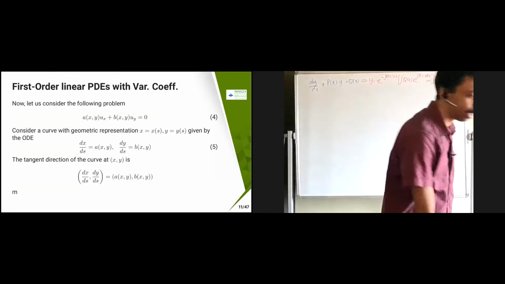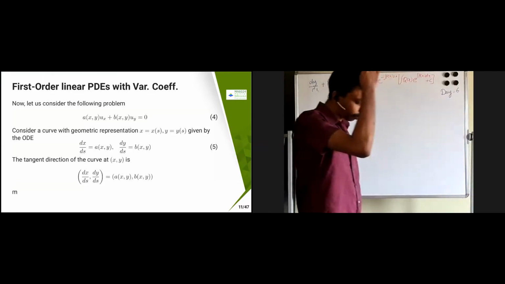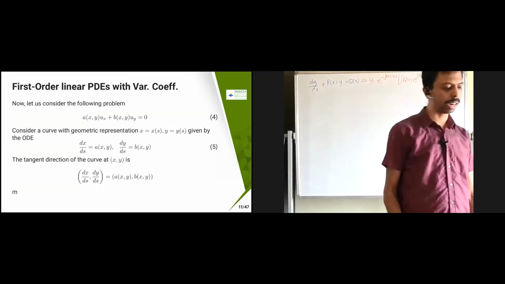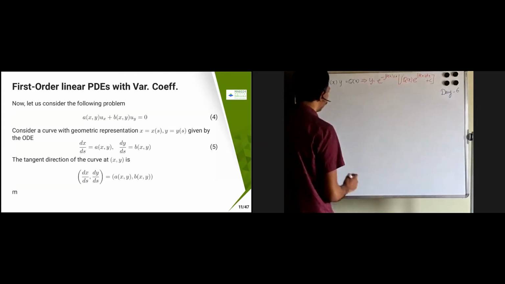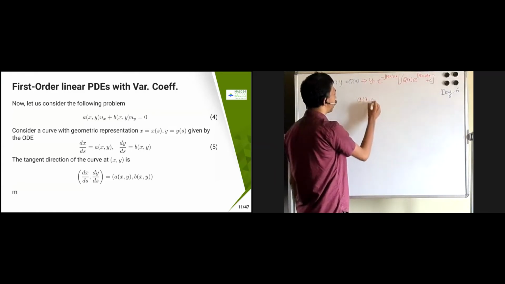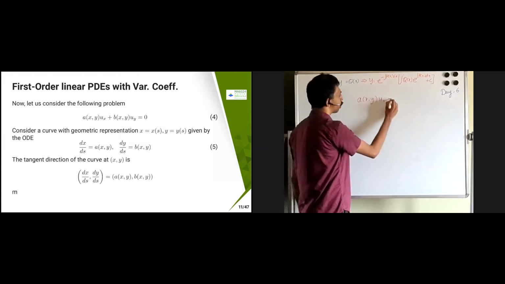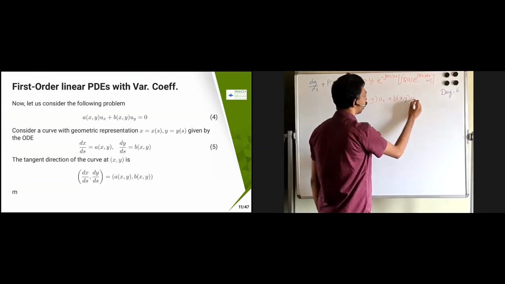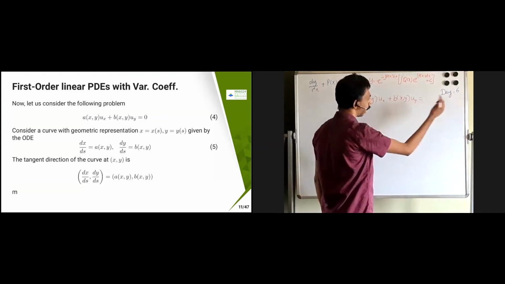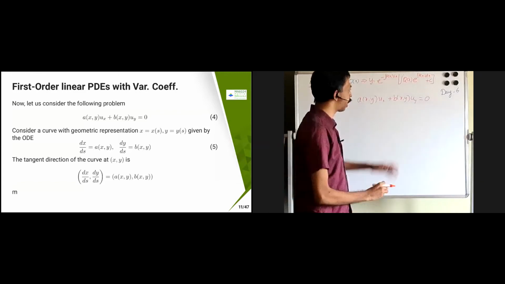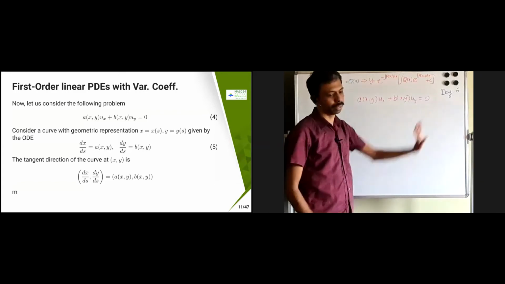So we had an equation like a u_x plus b u_y, where a and b are constants. Now what we are going to do is introduce some more complexity, which is nothing but a(x,y) u_x plus b(x,y) u_y again, plus c u, etc. I can assume, so again I'm going to start first with 0. Then I will just add one more complexity, c u, and then f equal to.